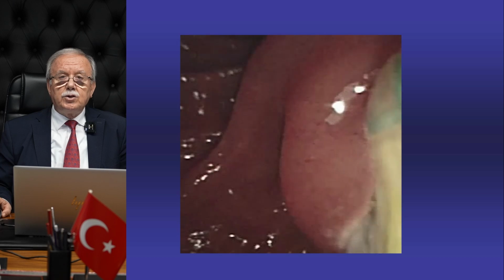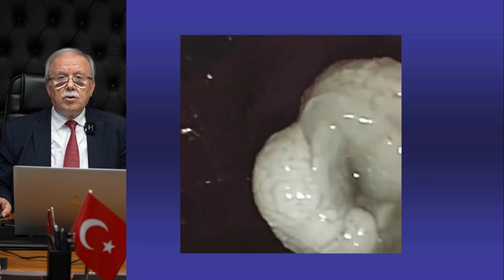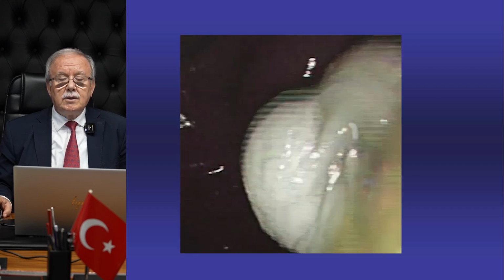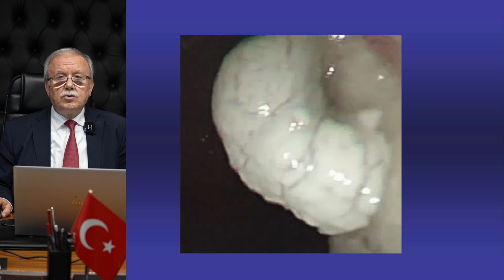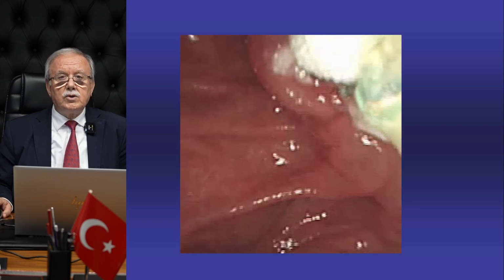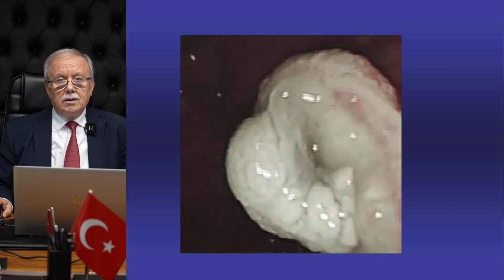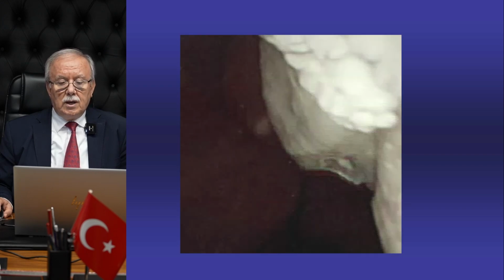One of the complications of hydatid disease is rupture of the cyst into the common bile duct. Because of the germinative membrane, the patient may have jaundice. In those cases, we do ERCP sphincterotomy, and we evacuate all the bile ducts by balloon, as you see in this video.